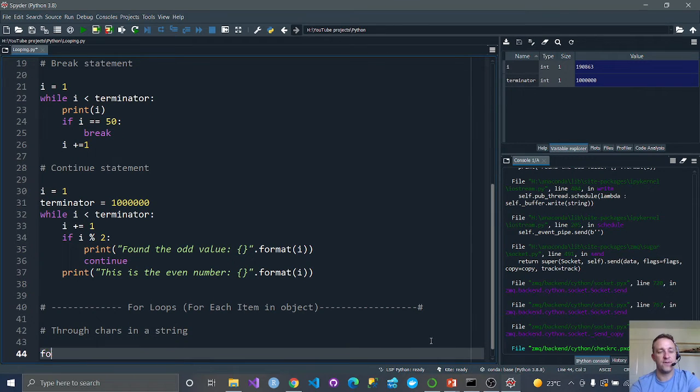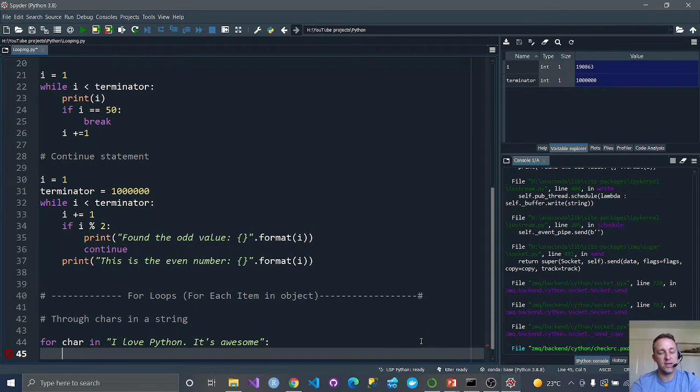So for char, so for character, I'm going to pass in the string. You could set it as a variable: I love Python. It's awesome. Then I'm going to put my little colon there: for char in "I love Python":